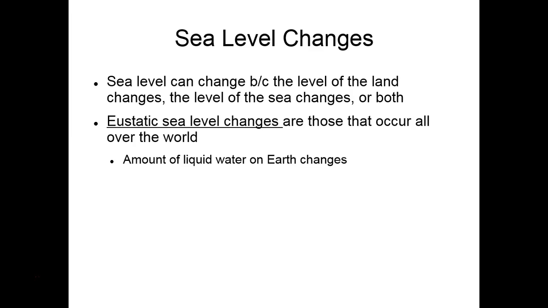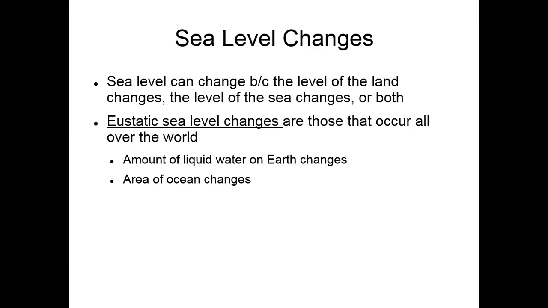Or if you have a glaciation event or an ice age where you have liquid water that is being frozen, then that's taking the liquid water out of the oceans and making the sea level go down all over the world. We can also have the area of the ocean changing. So if we have the ocean getting larger, right? So that means like